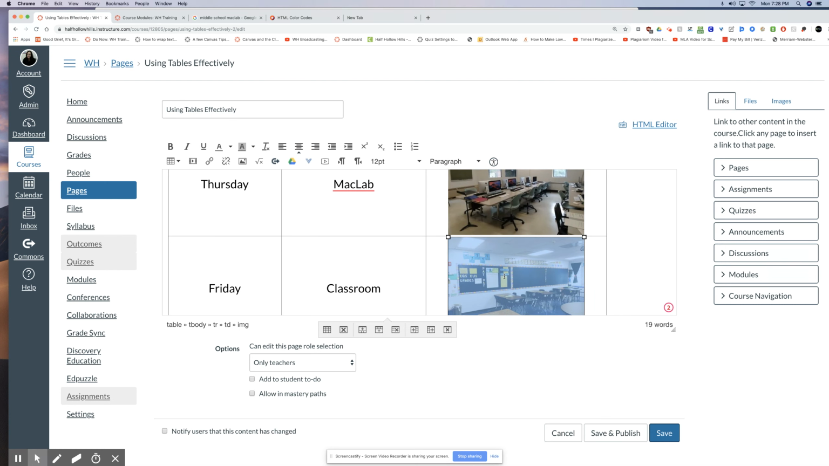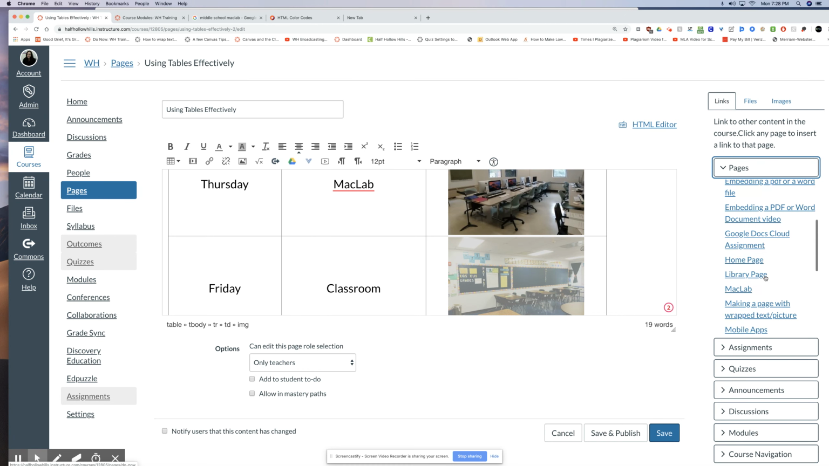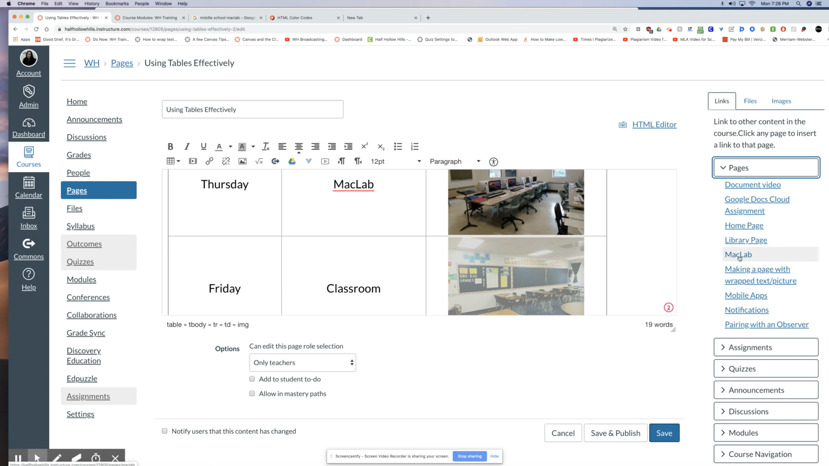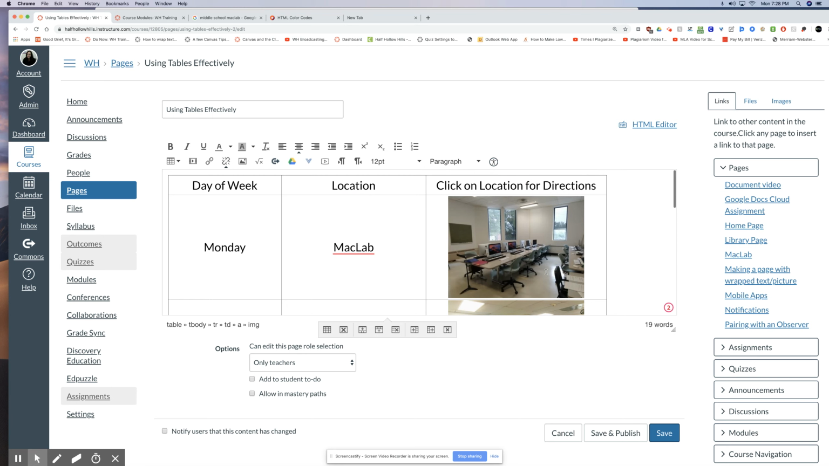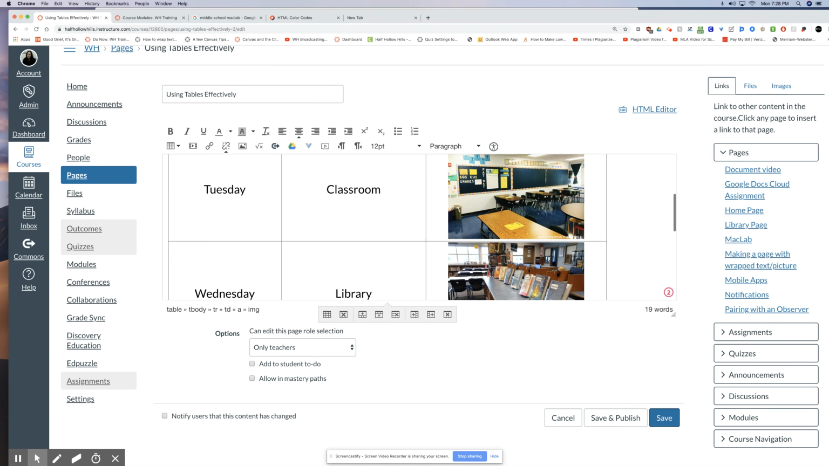Each one of these, I want to link to a page where I'm going to put directions. So I did already make some pages. You've already seen some of these pages. Here's one for the MacLab. It's currently linked. I can repeat again for the MacLab. This one, I want to link to the classroom,